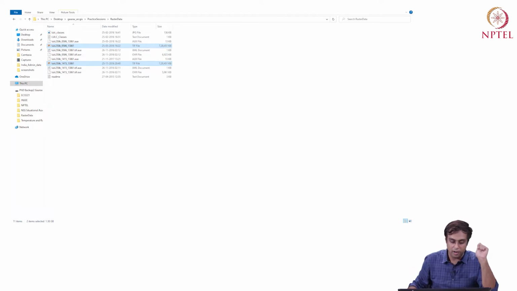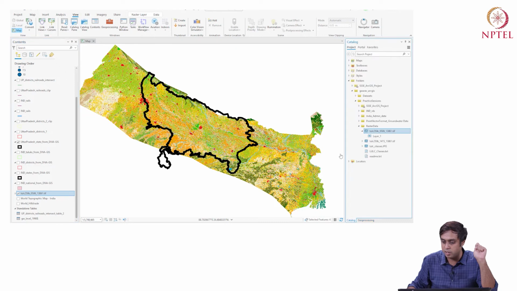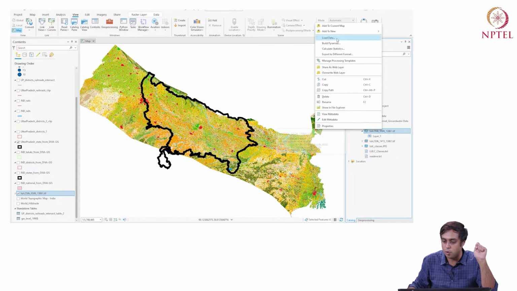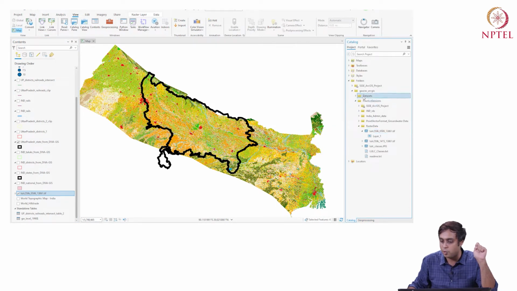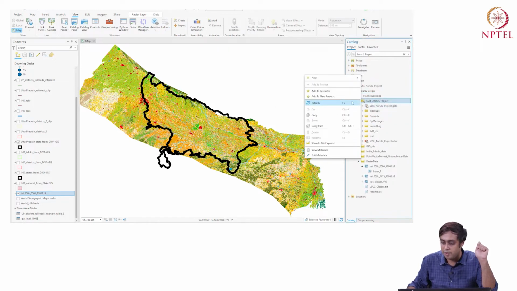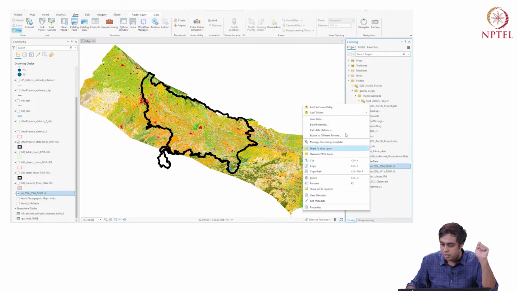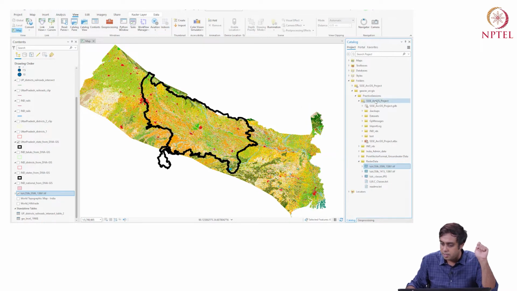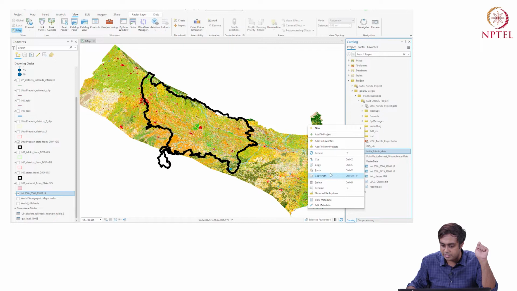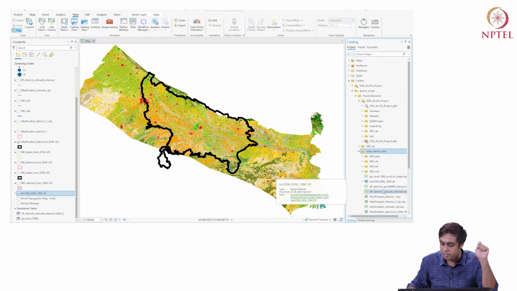Rather, we should go back to our catalog, and we should say, I want to copy these data and I want to take it to a different location, let's say here, and I'm going to say I want to paste these data. So I want to copy these data. I want to go to this folder. Let's say I go to the folder right here, India admin data, and I say I want to paste these data. So that's done. So I have this data now in India admin as well.